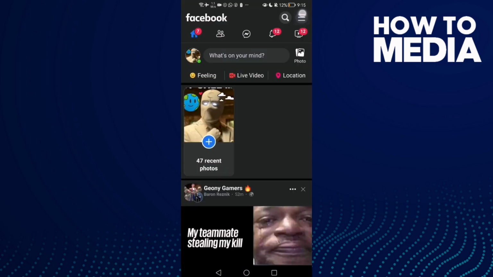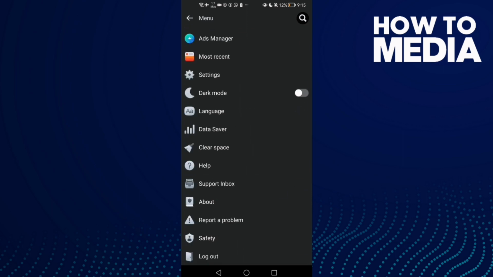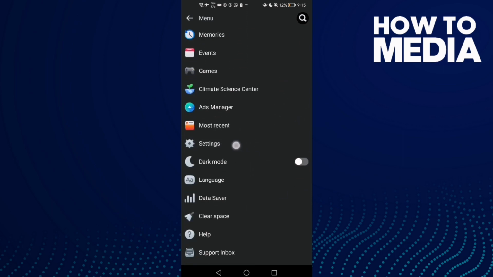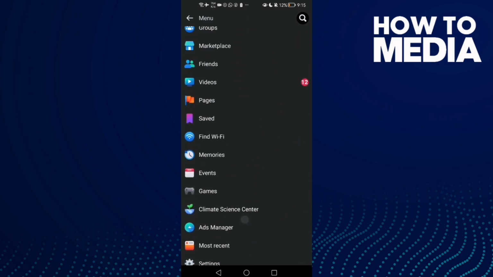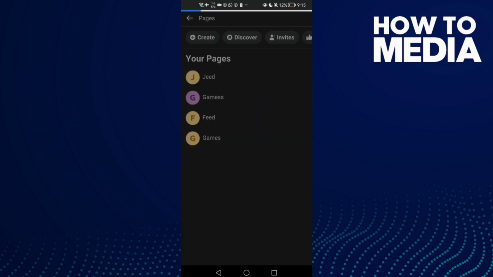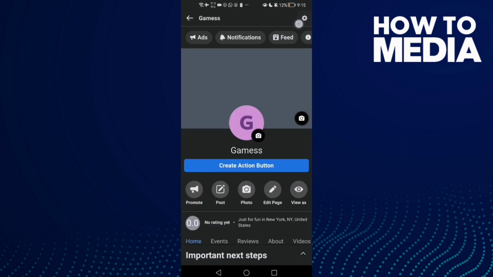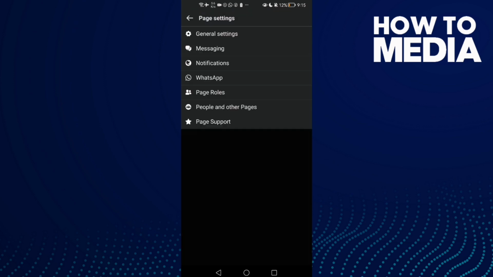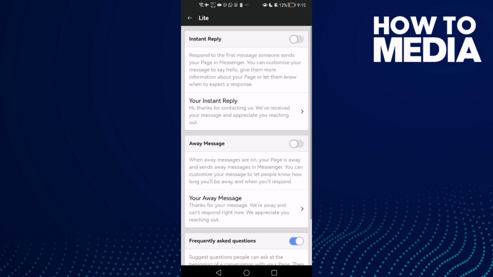Here you will find these three lines in the top corner. Click on it and scroll down until you find settings, not settings, this one, pages, and then select your page, and then just click this settings icon in the top corner and click messaging, and here we'll find that instant